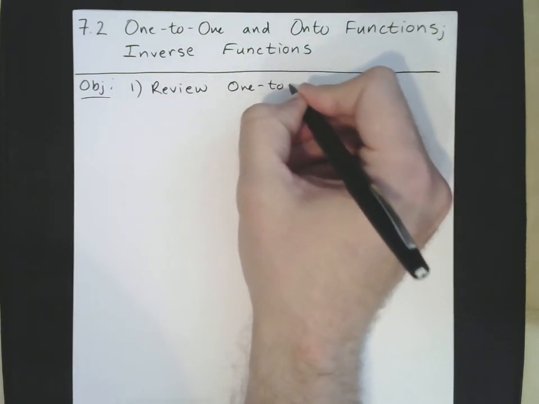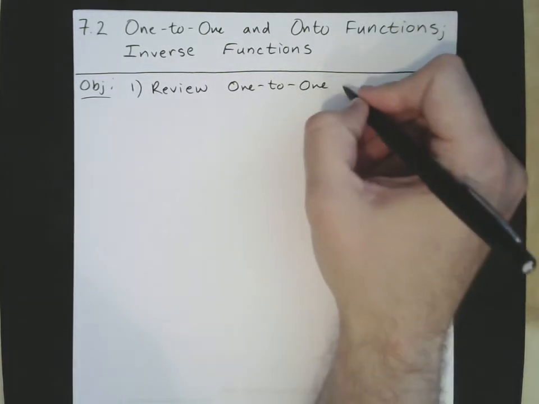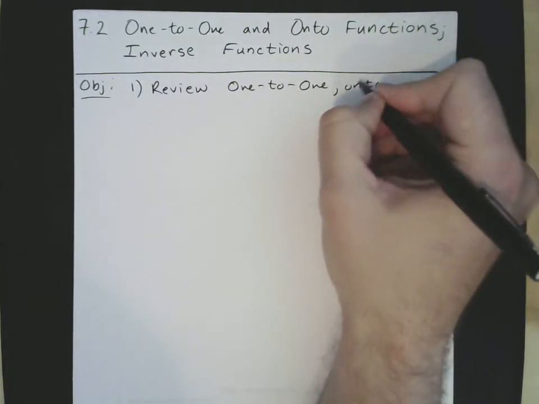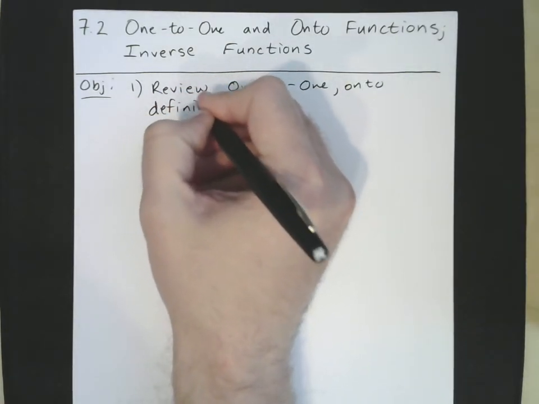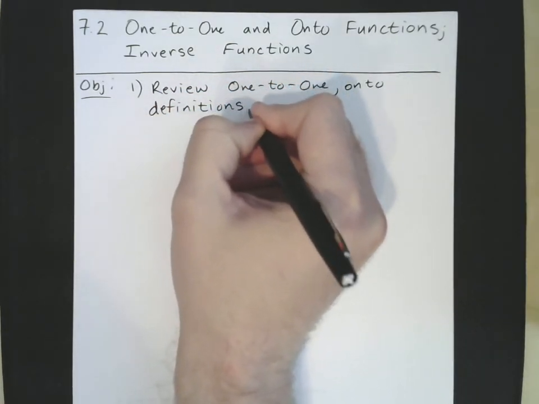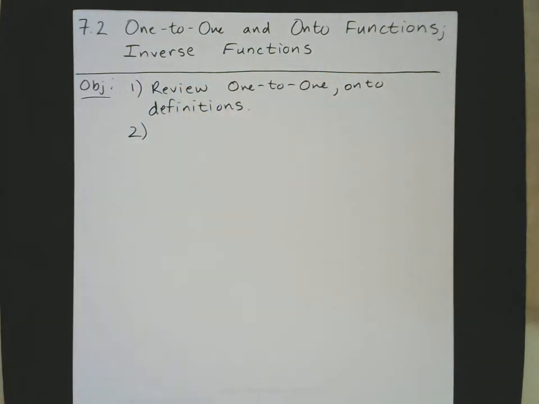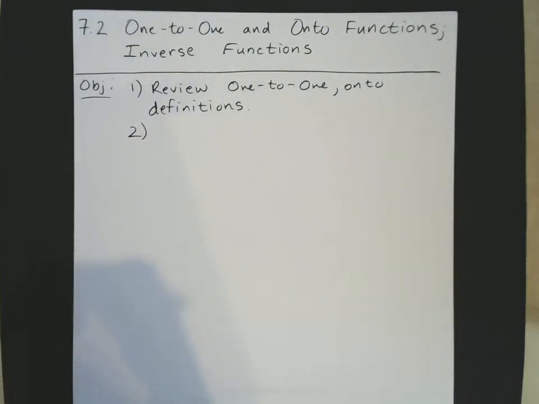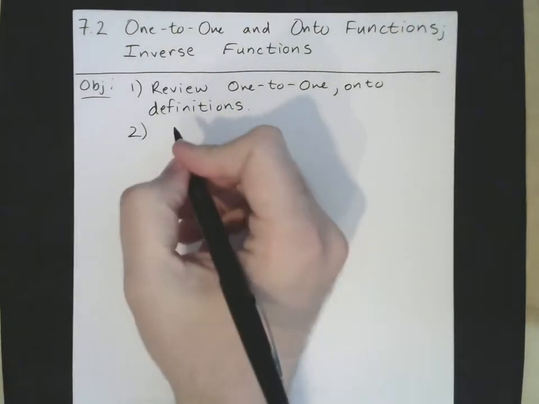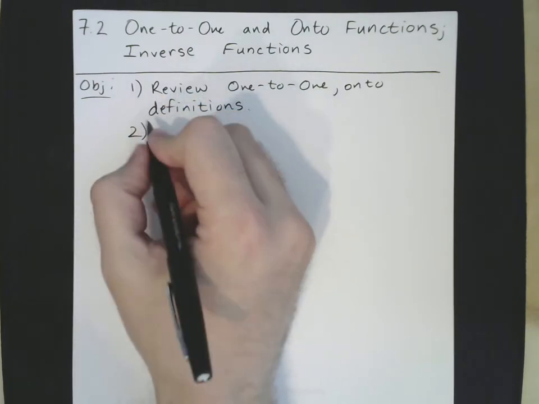So one-to-one definitions, and onto definitions. And just like in the last section, I know that we know what these things are. We're going to update the definitions and think about them from a set theory perspective. And then we're going to